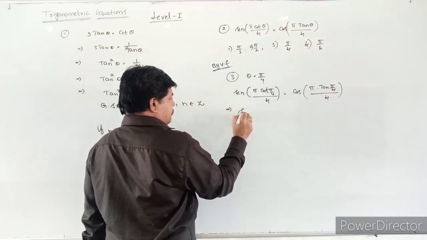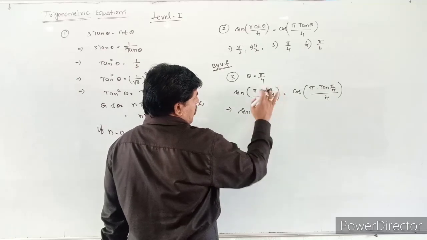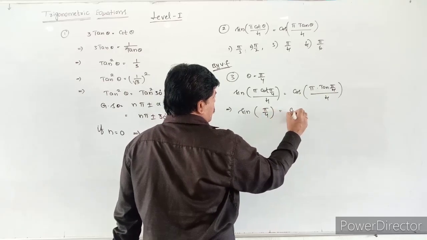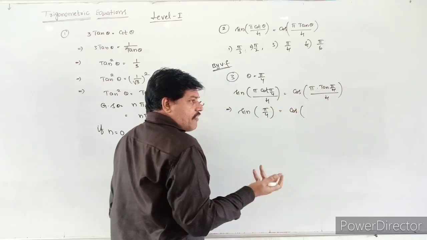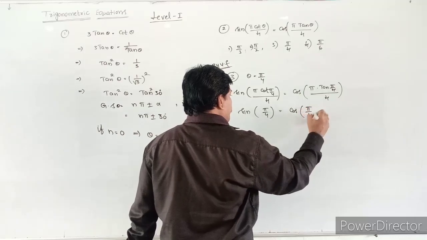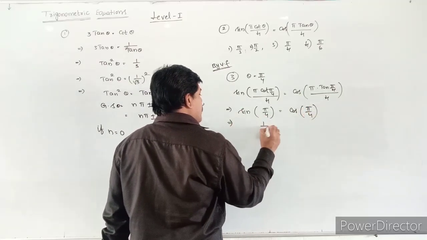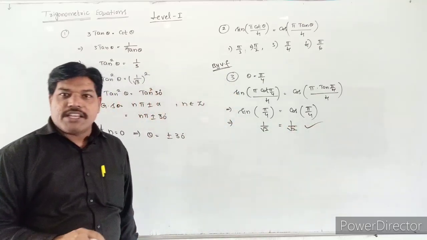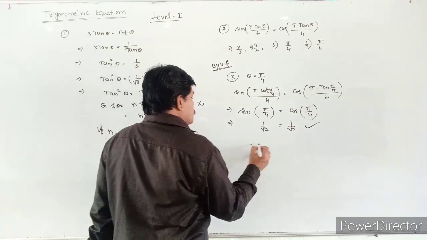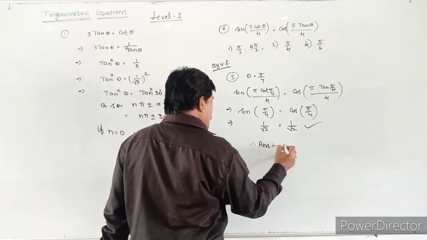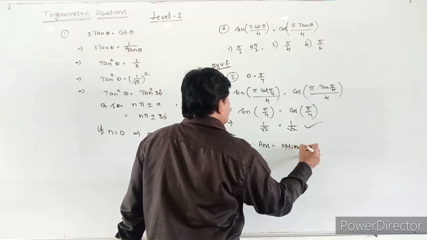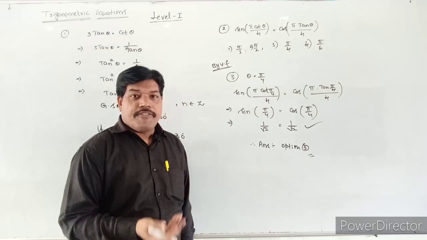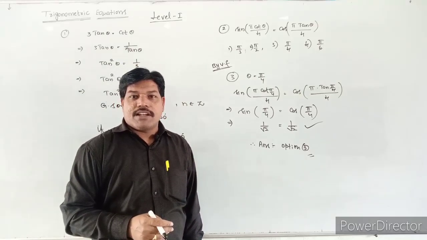So cot pi by 4 value is 1, so it becomes sine of pi by 4. That is equal to cos of pi tan 45 by 4. Tan 45 is also 1, so it becomes cos of pi by 4. Sine 45 is 1 by root 2, and that is equal to 1 by root 2. So it is verified, LHS and RHS both are equal. So what is the answer, students? Option 3 is the answer. Understand that by verification you can substitute the theta value in that equation and you will get the answer.